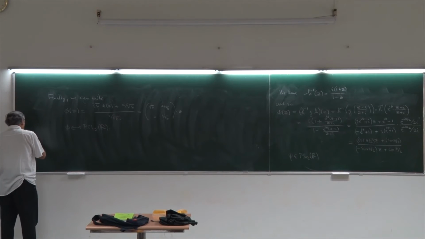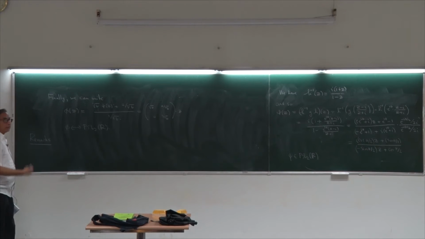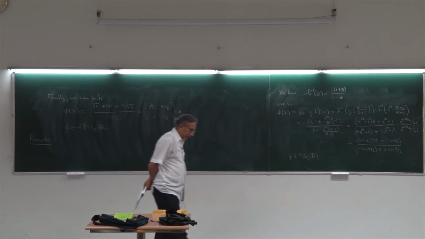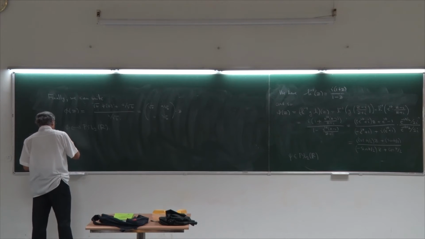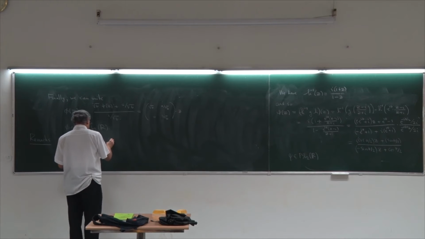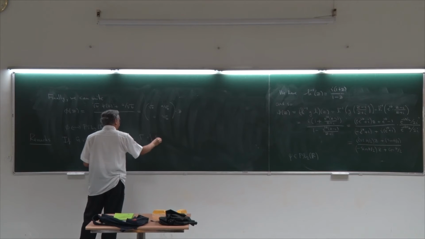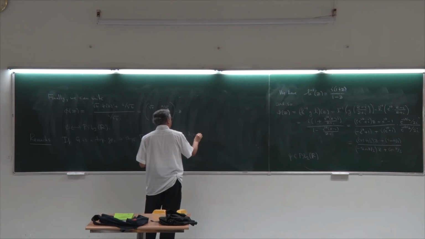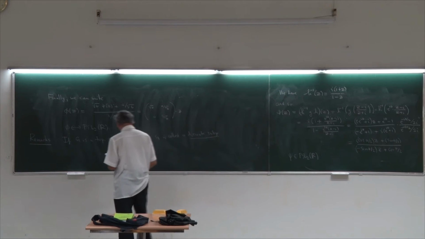Now, let me just make some general remarks. PSL2R is, as I mentioned earlier, too large a group. We look at discrete subgroups. So let me just give you the definition of a discrete subgroup. If G is a topological group, a subgroup gamma of G is called a discrete subgroup